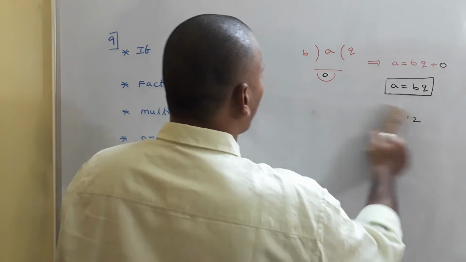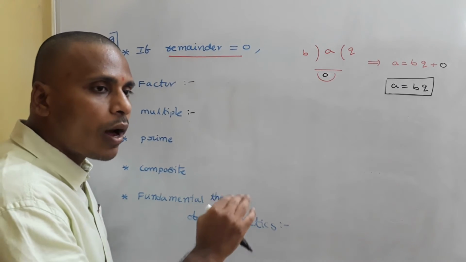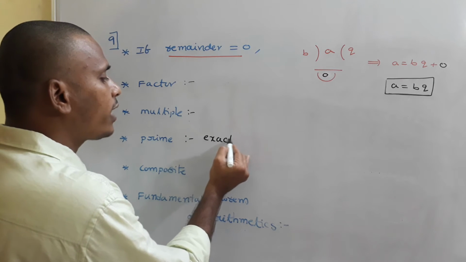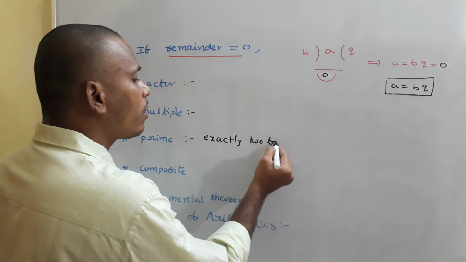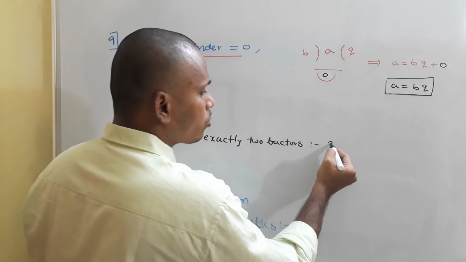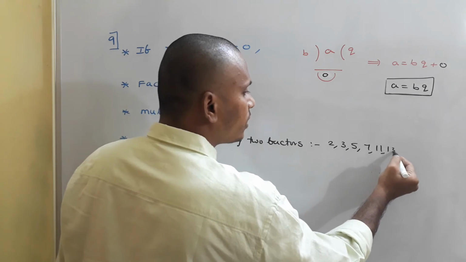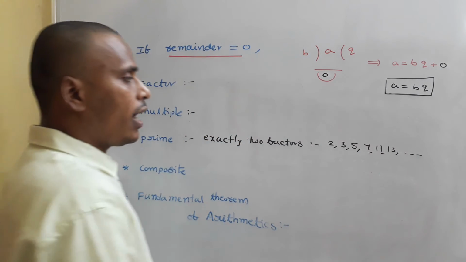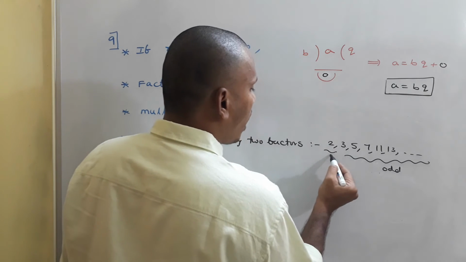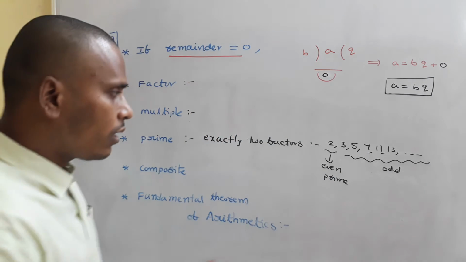See, prime numbers are those numbers which have only two factors, exactly two factors, 1 and itself. If you have a number, for that number, if we have exactly two factors, then those numbers are considered as prime numbers. And we know the prime numbers list also. Just I am giving you some numbers: 2, 3, 5, 7, 11, 13 and so on. All these are the prime numbers. And one observation from this is all the prime numbers are odd except 2, and this 2 is the even prime, and that too the least. Okay. Right. These are the prime numbers.